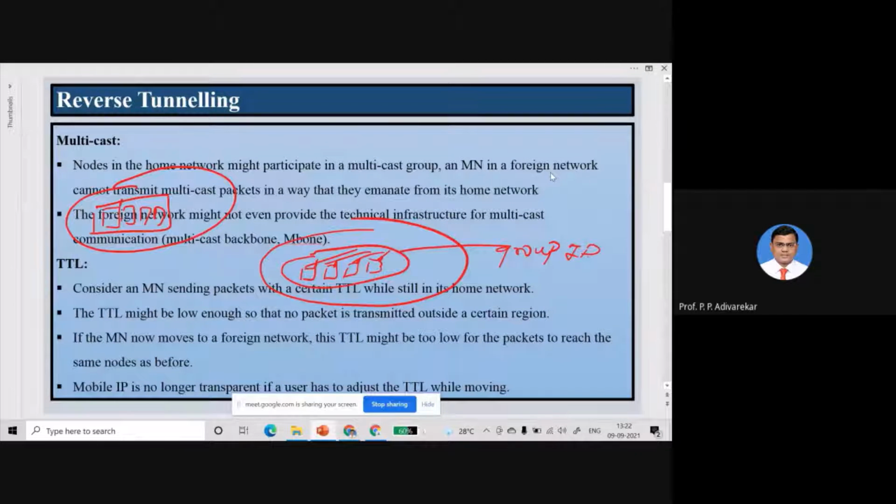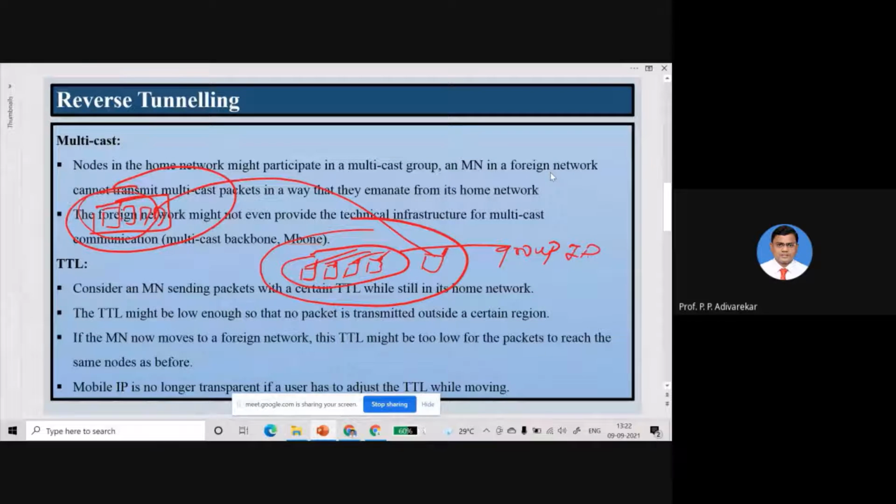Now let's say this is a particular group and this is available in the home network, and suppose one node moves out and goes to the foreign network. Now it cannot remain a part of this multicast group, because these three are the part of this multicast group of a different subnet, and this mobile node has moved out, so it becomes a part of a different subnet. Okay, so the MN cannot send a multicast packet the same way it used to send it